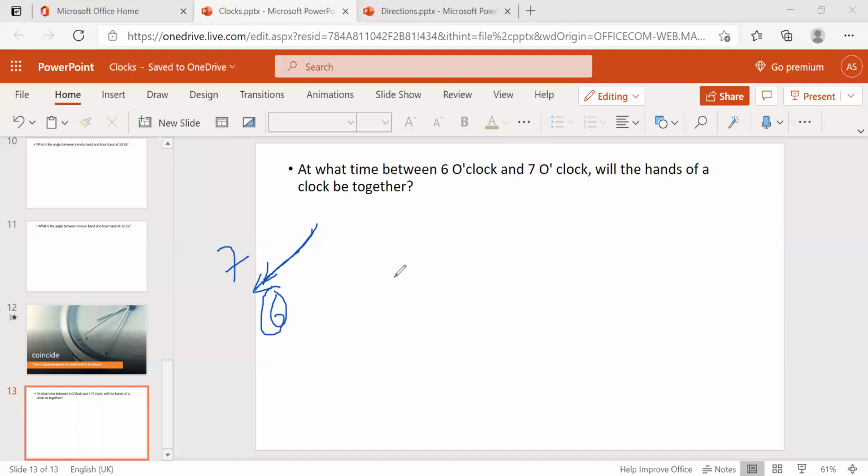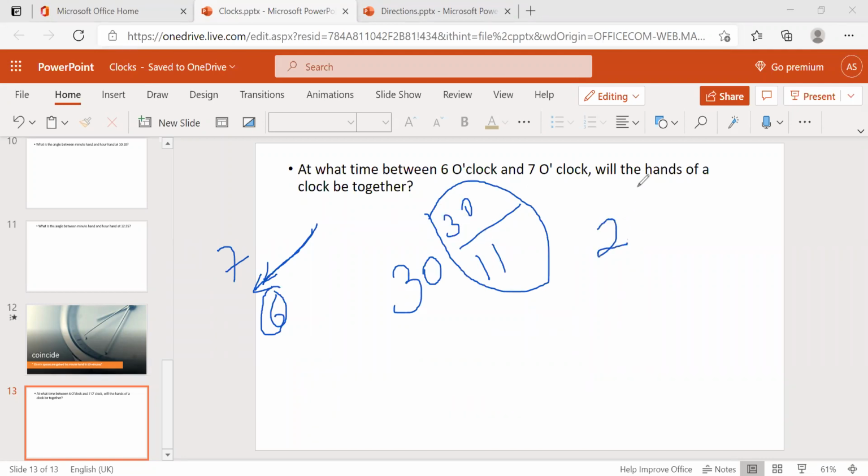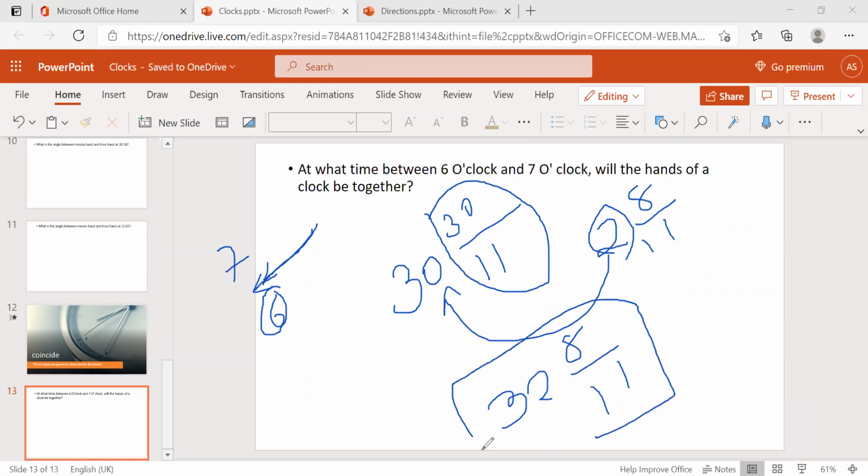6. 6 represents 30 minutes. So our answer is nothing but 30 by 11. Convert this into a mixed fraction. 30 by 11 is nothing but 2 8 by 11, right? 11 2s are 22 plus 8, 30 by 11. So this 2 is added to 30, making 32. 32 8 by 11 is our answer. It is simple, right? 6 hours 32 8 by 11 minutes.